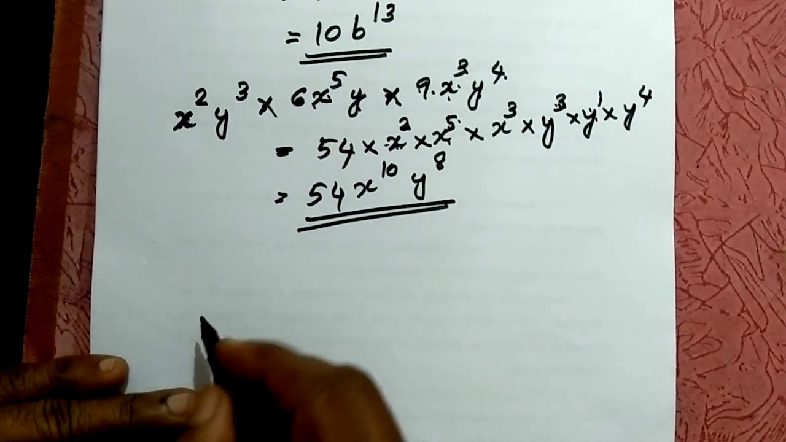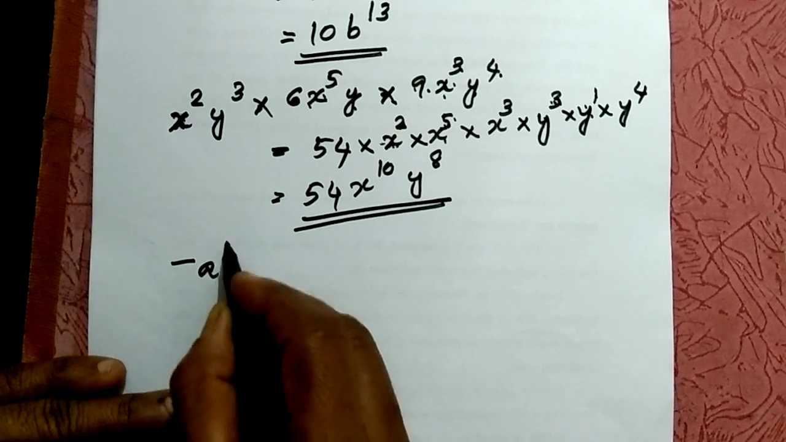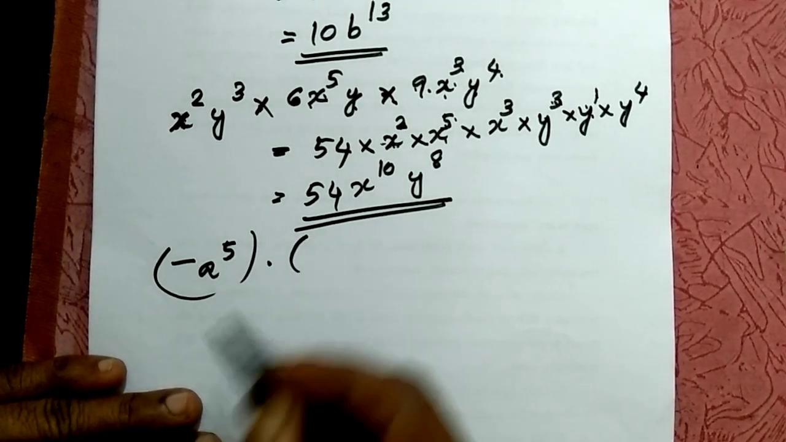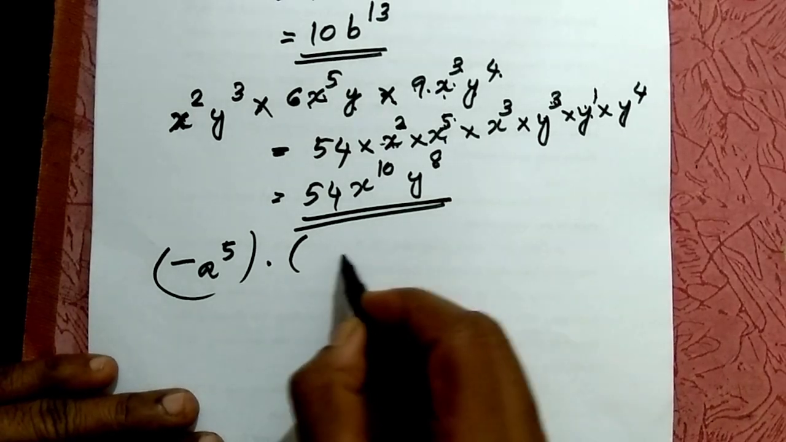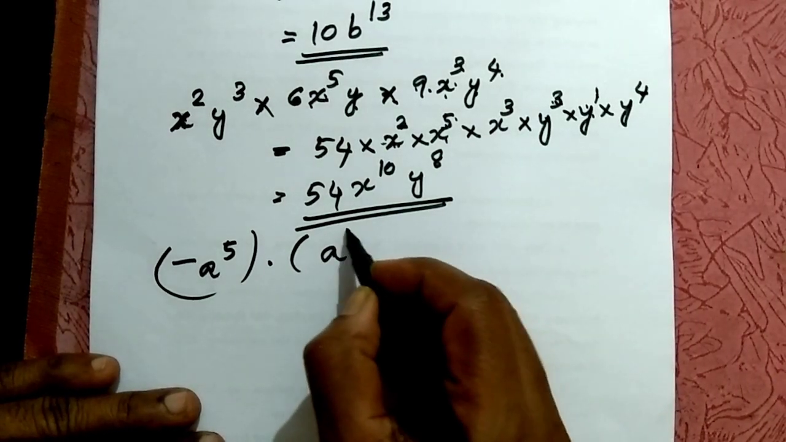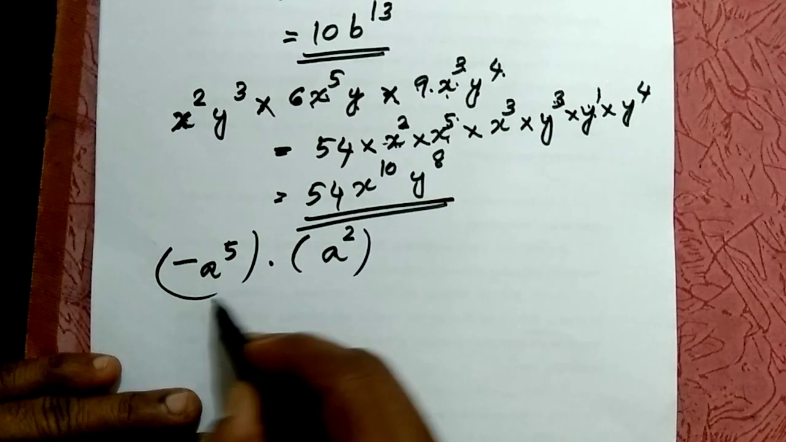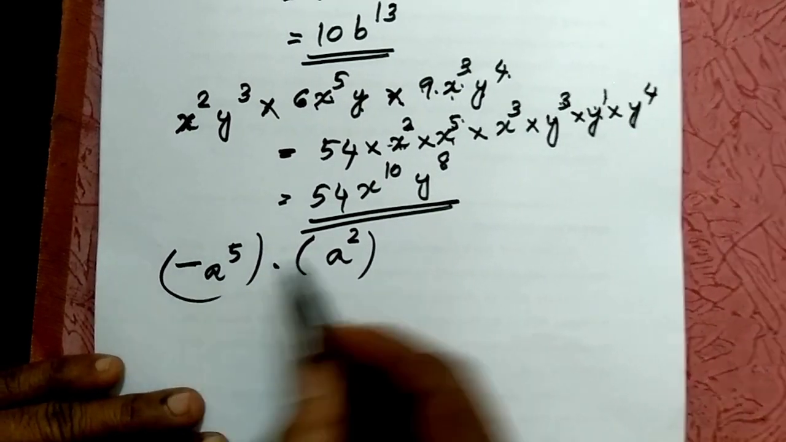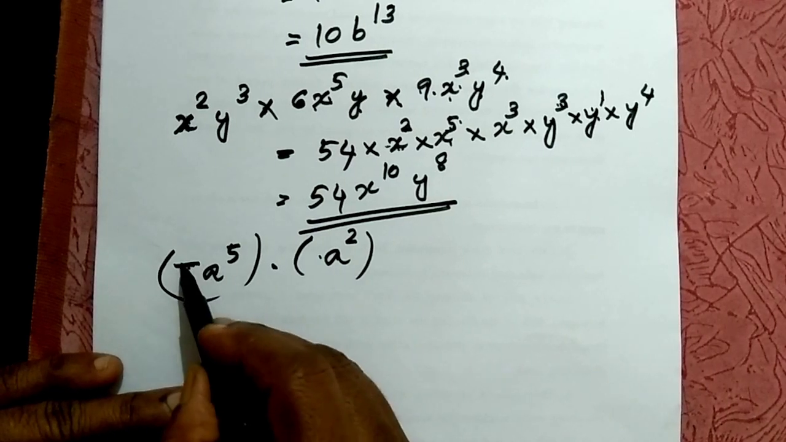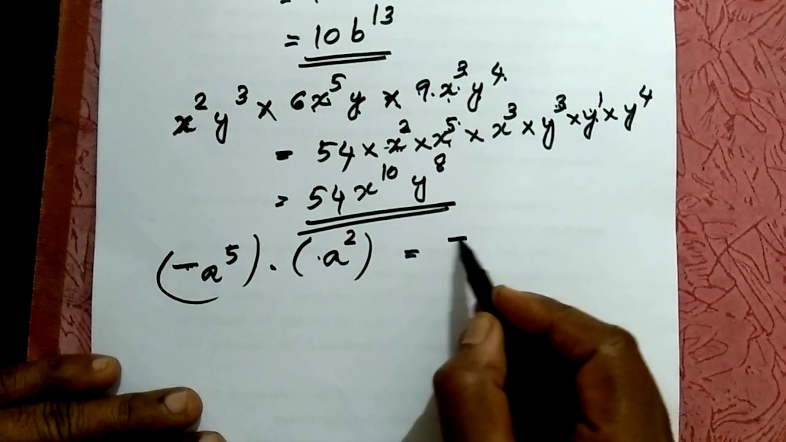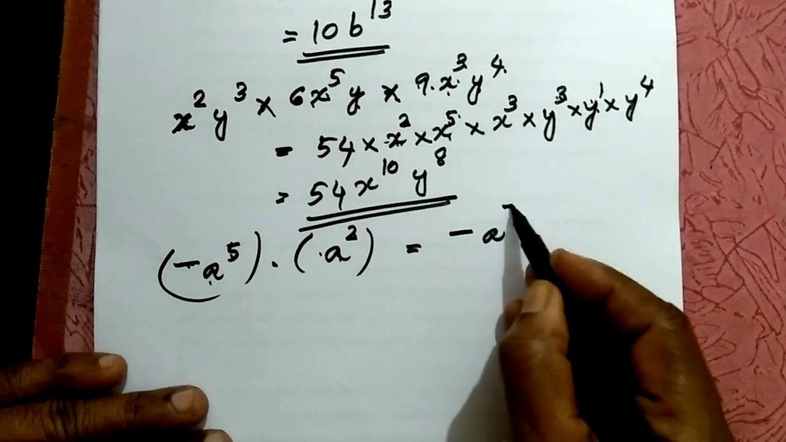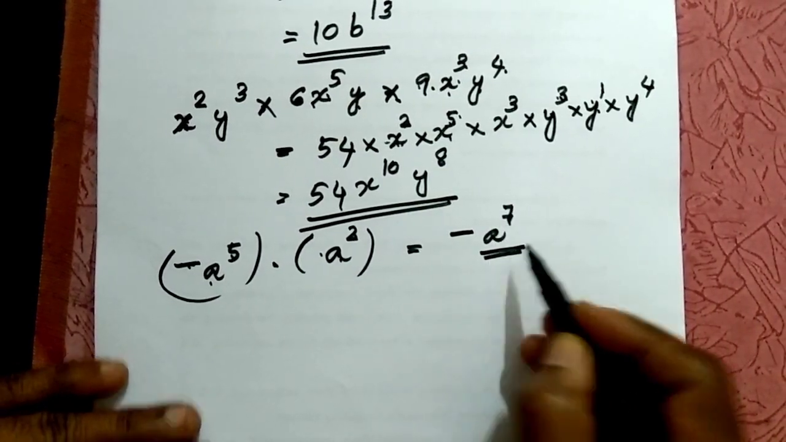Okay. Then minus a raised to 5 into a raised to 2. Minus a raised to 5 into a raised to 2. Here one minus is here, this is plus. So plus in minus into plus, you will get the answer as minus. Then a raised to 5 into a raised to 2, a raised to 7. Okay. Then